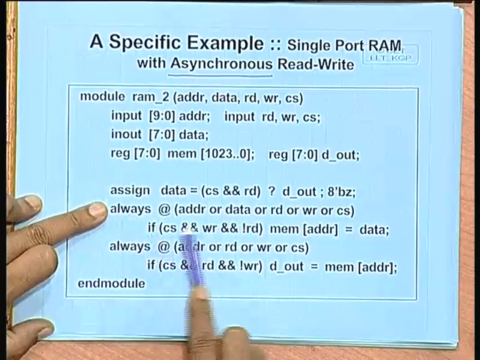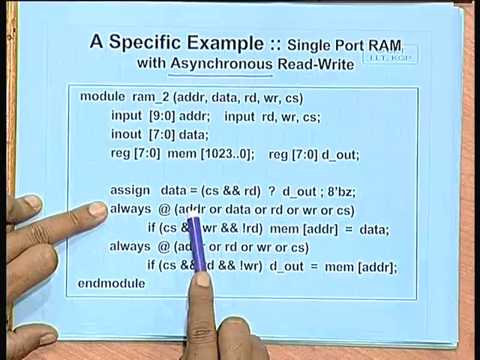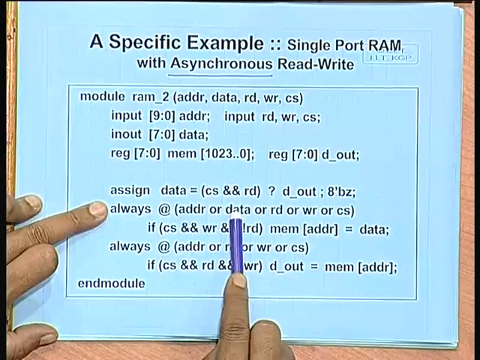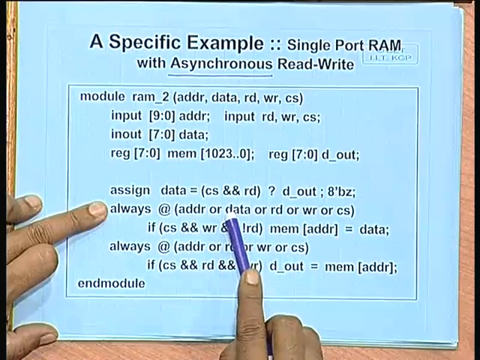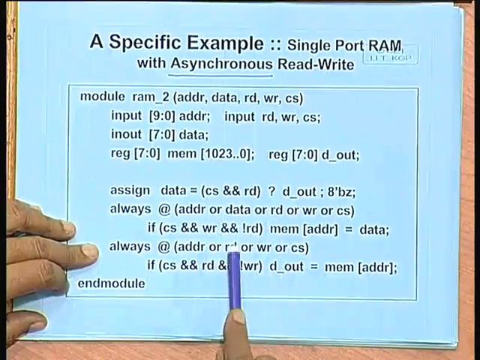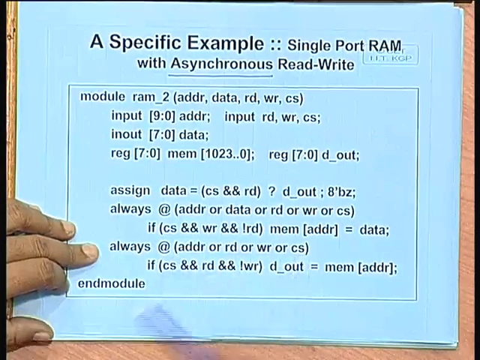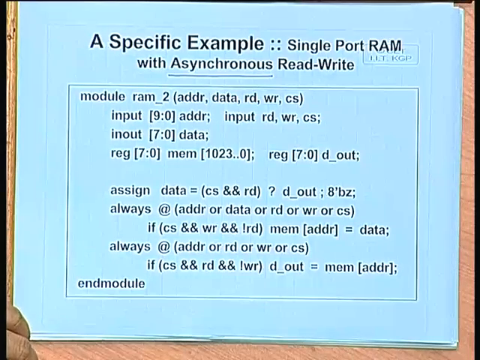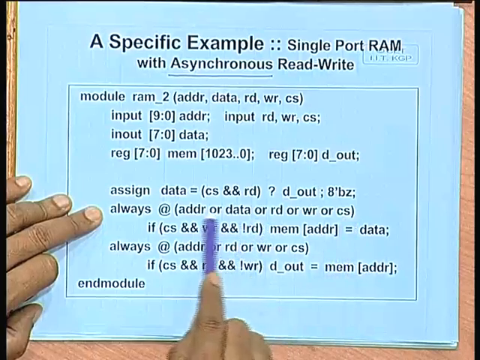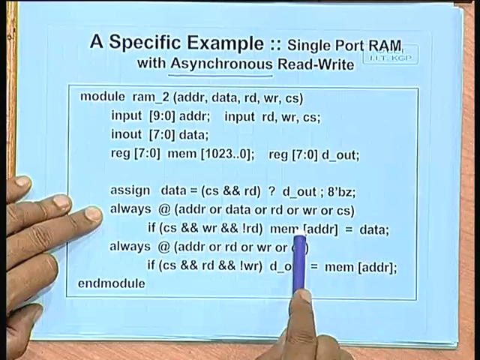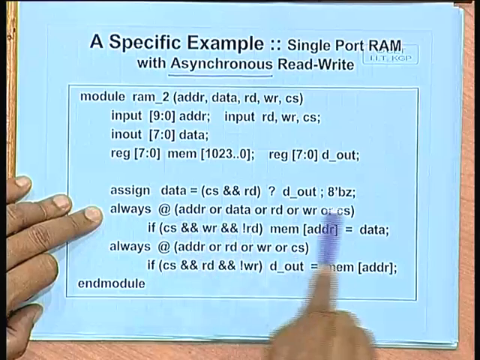Now, here you execute this if either the address changes or the data changes or there is some change in read, write or CS. See, this is what happens in a typical memory chip you use. If you change the address, immediately the data out changes, that is the behavior. Okay. So, here you can model it like this. Similarly, for read, if any of the signals changes, you do the needful. Maybe if any of the signals changes, it is not really a write, then this condition will not evaluate to true, anyway write will not take place, but you will be checking it whenever there is some change in one of the inputs,